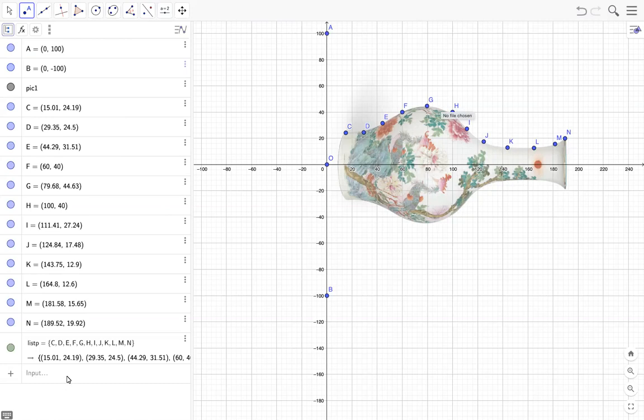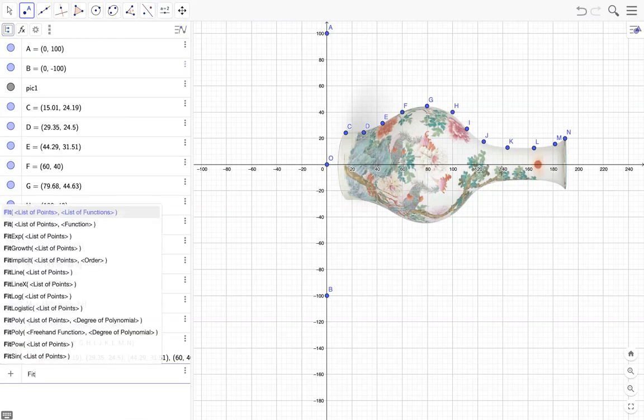So if I type here simply FIT, then there are too many options. So fit, exponential growth, implicit, line, and so many options like logarithmic fit, logistic, and polynomial. So this is what we want basically: fit polynomials, a list of points, and the degree of polynomial.